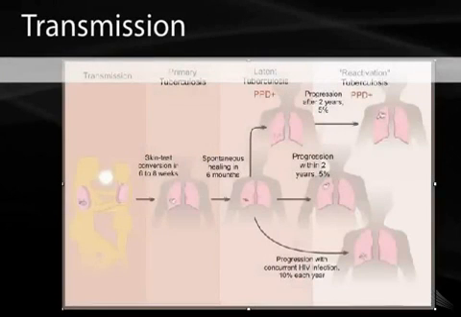This figure shows the clinical scenario with tuberculosis. What happens is you get transmission. In this figure, the mom has a hacking cough, and she spreads the tuberculosis in her respiratory droplets to the child. Within 6 to 8 weeks, the child is going to have a positive PPD test. The bacteria sets up an infection in the lung because it's an obligate aerobic organism, and you've got spread throughout